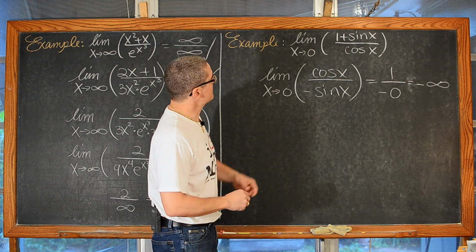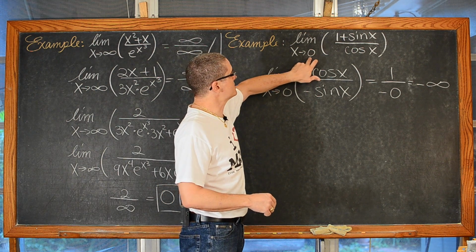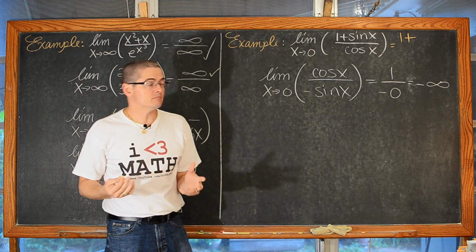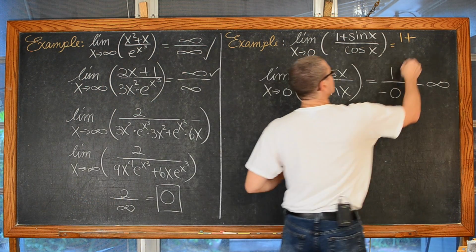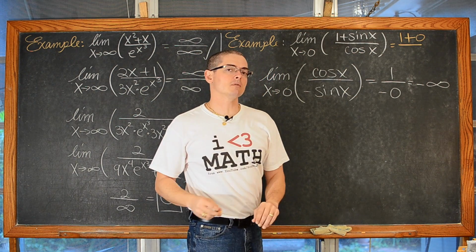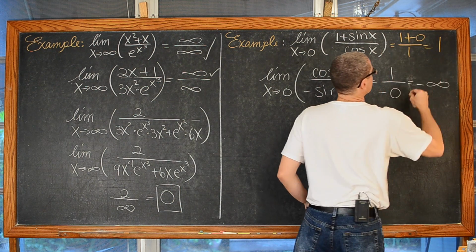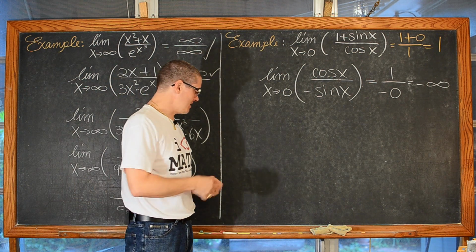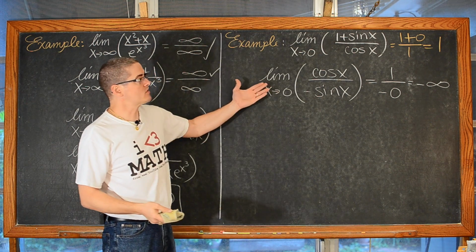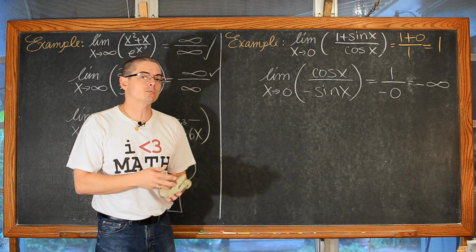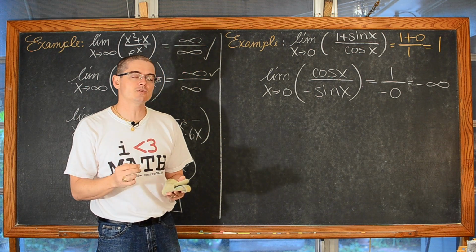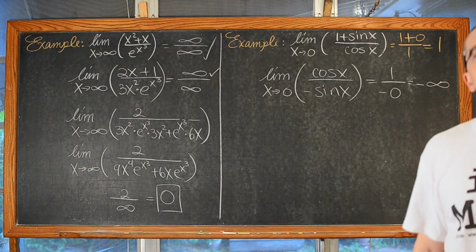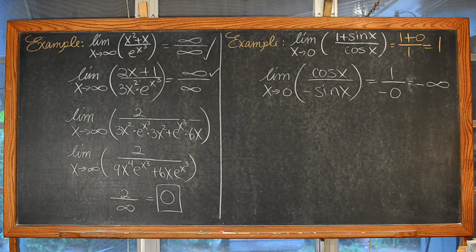So if I come back up here and I say, hey, let x equal 0 or approach 0, well, that's going to be 1 plus the sine of 0, which is 0, and the cosine of 0 is equal to 1. My answer was 1. My limit was not in an indeterminate form, and I just arbitrarily applied L'Hopital's rule and I got the wrong answer. So again, make sure that you check the condition for L'Hopital's rule before you just go on and apply it. Come on, man. Check yourself. Check your problem.